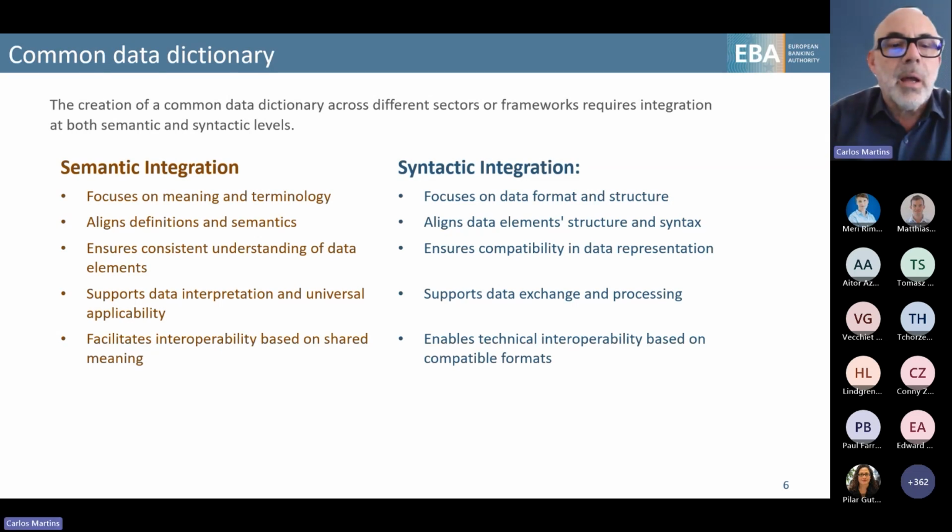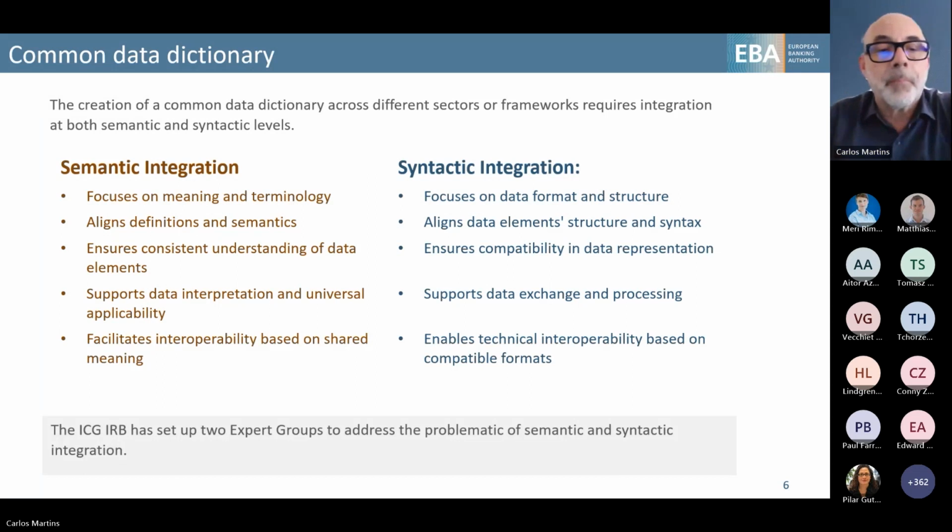Basically one facilitates interoperability, which of course is the basic requirement, based on shared meaning, whilst the other enables technical interoperability based on formats that are compatible or the same. So the formal coordination group has set up 2 expert groups to address these 2 aspects of the integration of the common data dictionary, at semantic level and at syntactic level.